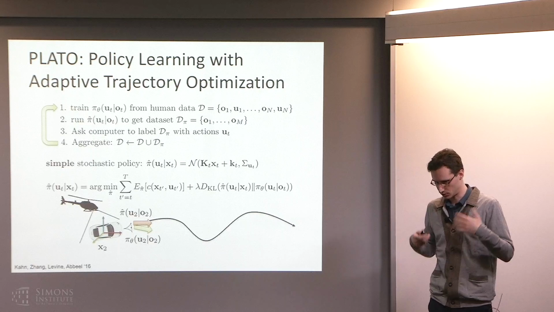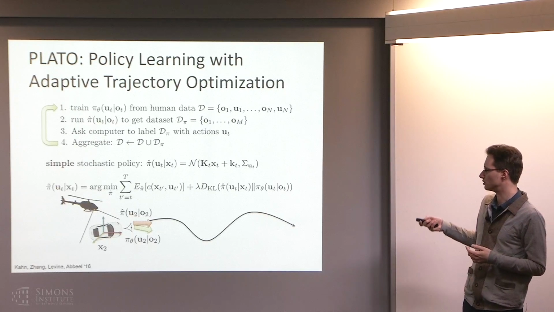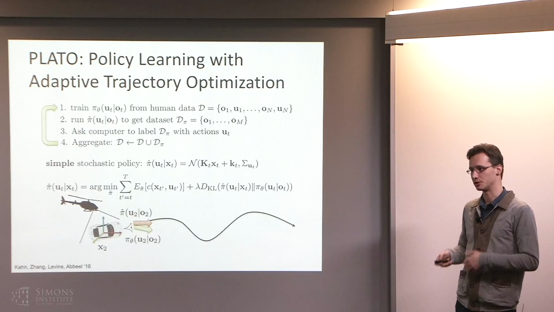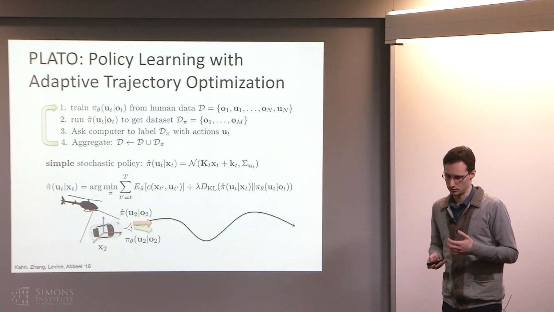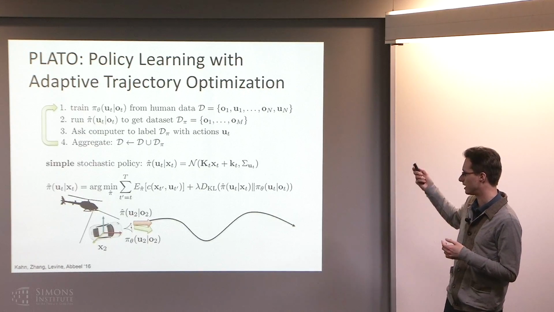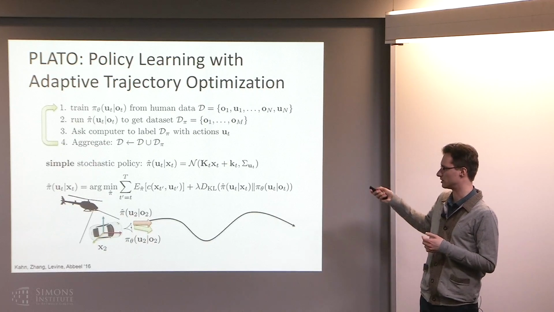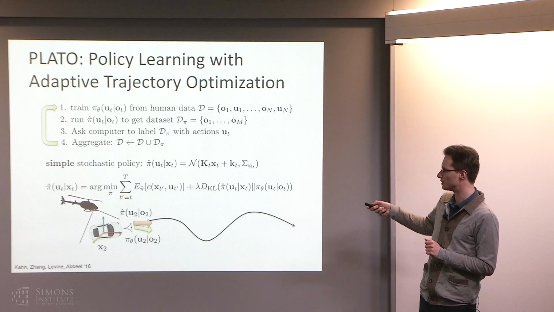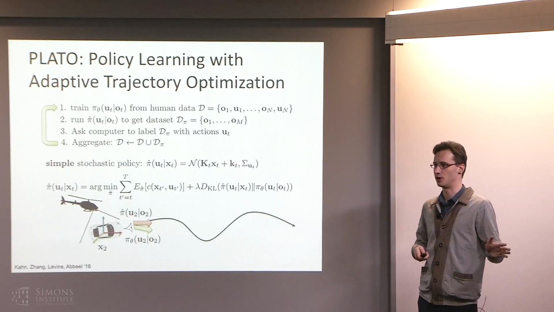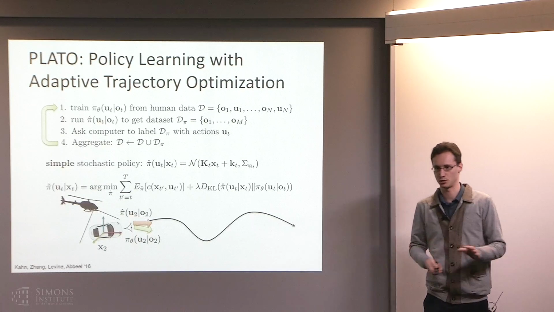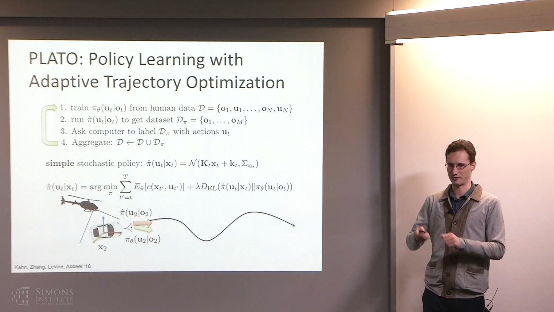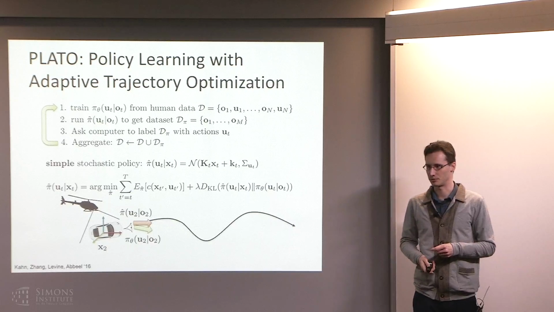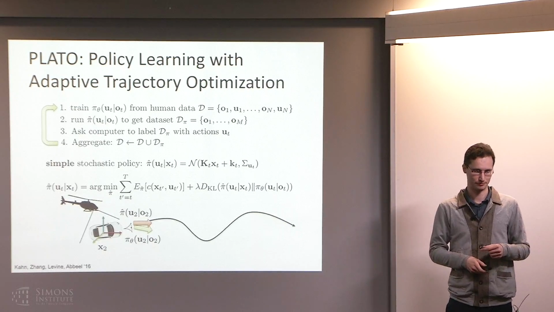So the thing that basically ensures the safety is the fact that you're not ever running pi theta at training time until it's been fully trained. Now, this goes hand in hand with the fact that this is in the context of this DAgger-like algorithm, because what the DAgger result tells us is that once we train this policy, it'll be a good policy. So long as we can make it a good policy without ever having to actually run it without this additional safety mechanism of the optimal control algorithm, then we're in good shape.